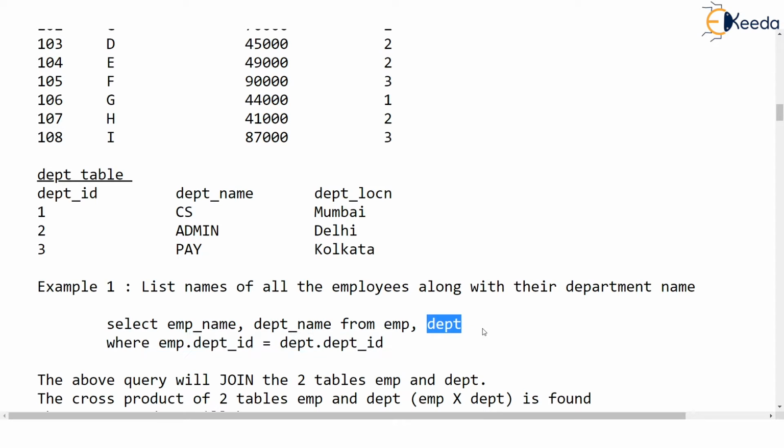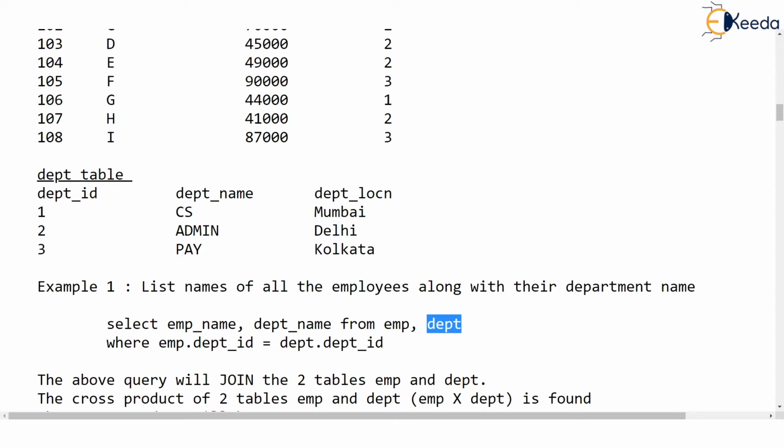So as we are selecting columns from different tables, those table names must be mentioned after the word from, separated with commas. But that's not enough.